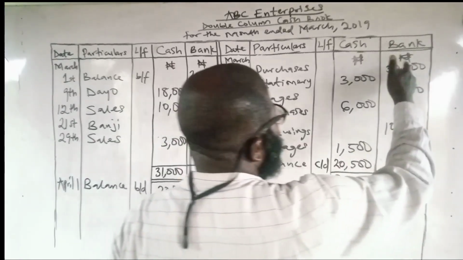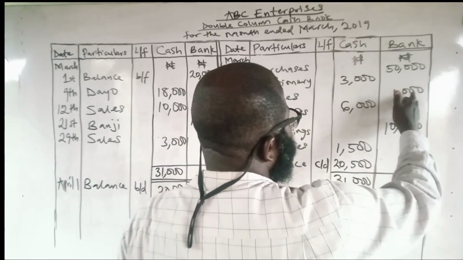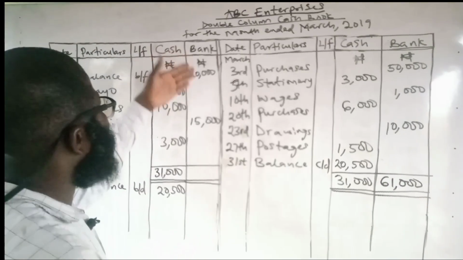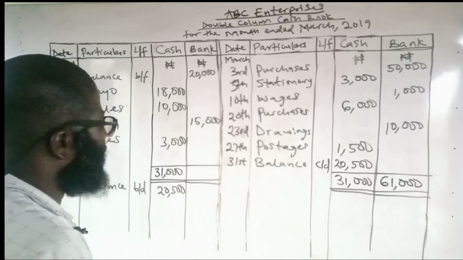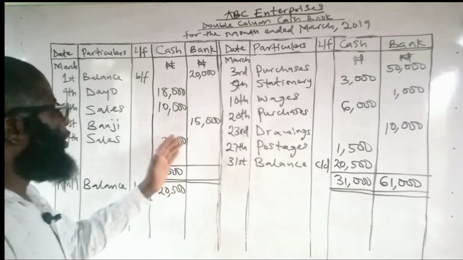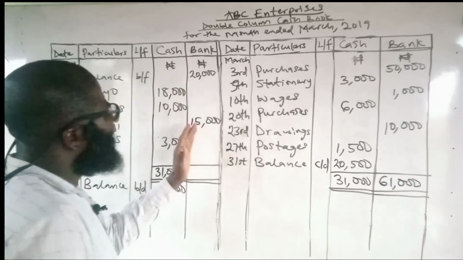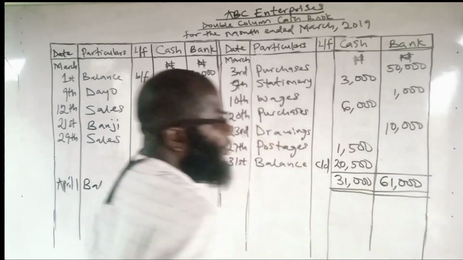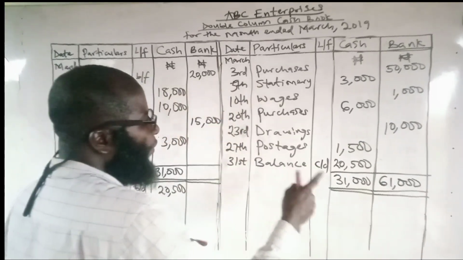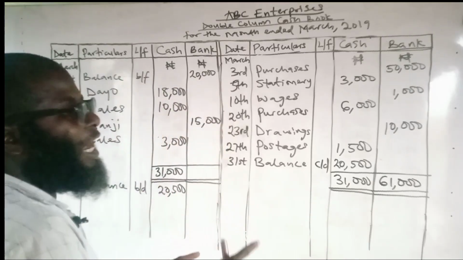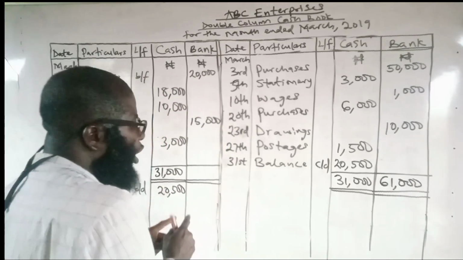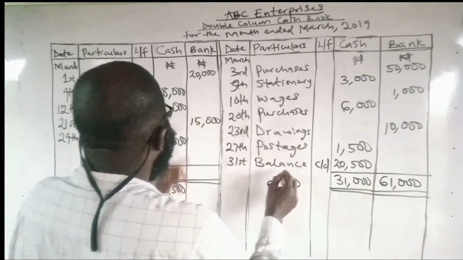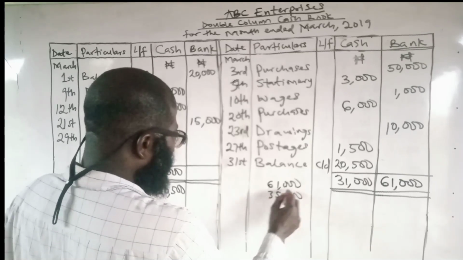But in this case, 50,000 plus 11,000, this is 61,000. Put 61,000 naira here. Then come here, 20,000 plus 15,000, that is 35,000. You can see that the receipt side of the double column cash book under bank column, the figure we have in there, that is the money that comes in, is lesser than what is spent. It's lesser than what it withdraws. This will give us bank overdraft, meaning that we are going to have credit balance at the closing of the account. Now, this 61,000 minus 35,000